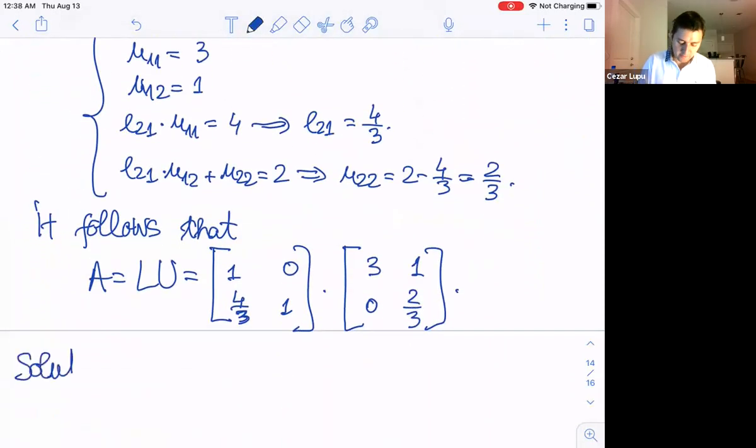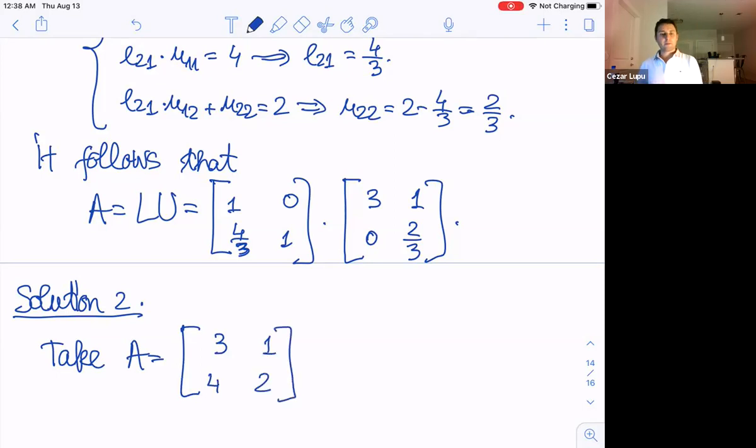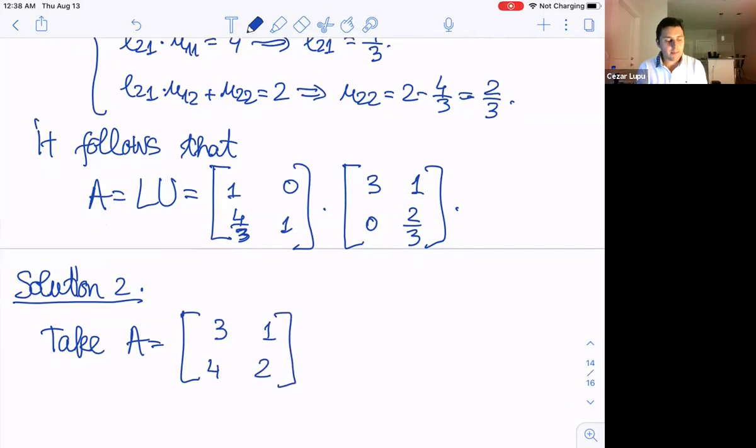And this is more a traditional approach. We have done this when we found the LU factorization of a 2 by 2 matrix. And now what we're going to do is the following. I'm going to take the matrix A, which is 3, 1, 4, 2, right? I'm going to take this matrix A, and I'm going to perform elementary operations on this one such that